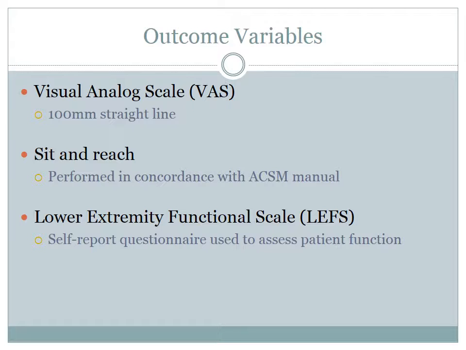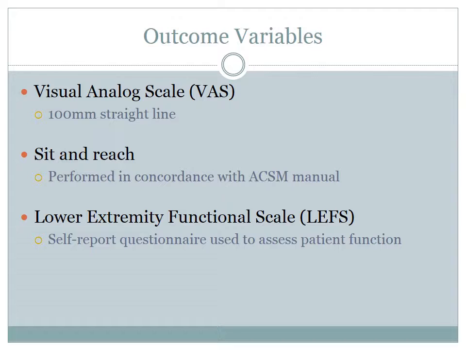The sit and reach test is a common flexibility test used in health-related fitness test batteries. This test has acceptable reproducibility, moderate validity, and is easy and quick to administer. It will be performed in concordance with the ACSM manual by placing a standard sit and reach box on the